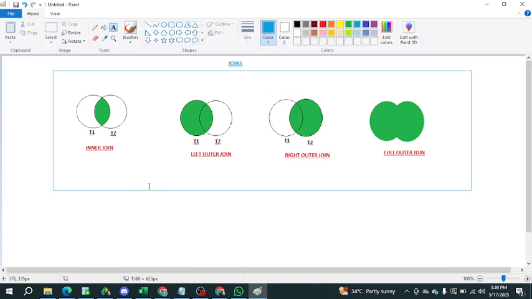These are all the joins. We have four types of joins in SQL. The first one is inner join. Inner join works on the two tables we are joining here, like T1 and T2. Whatever similar data is available in T1 and T2, it will display only the